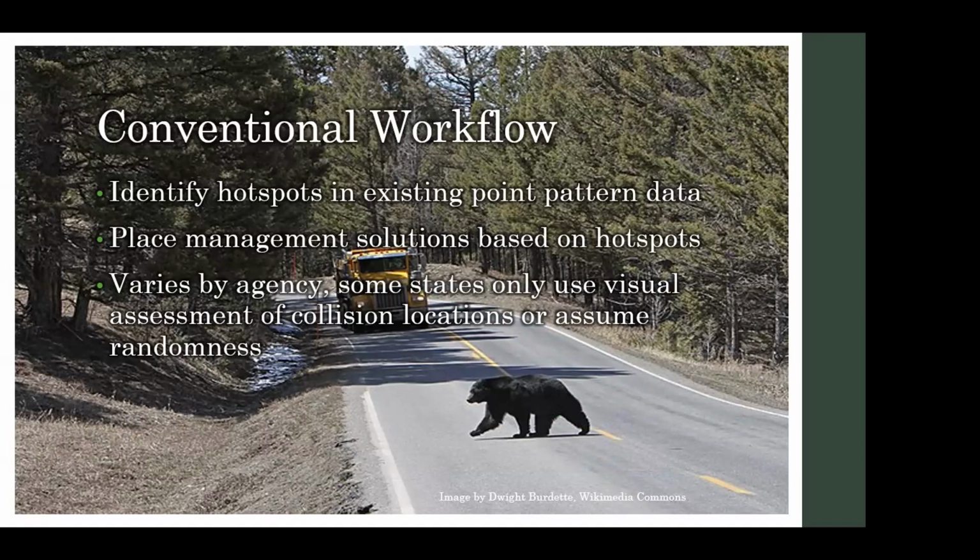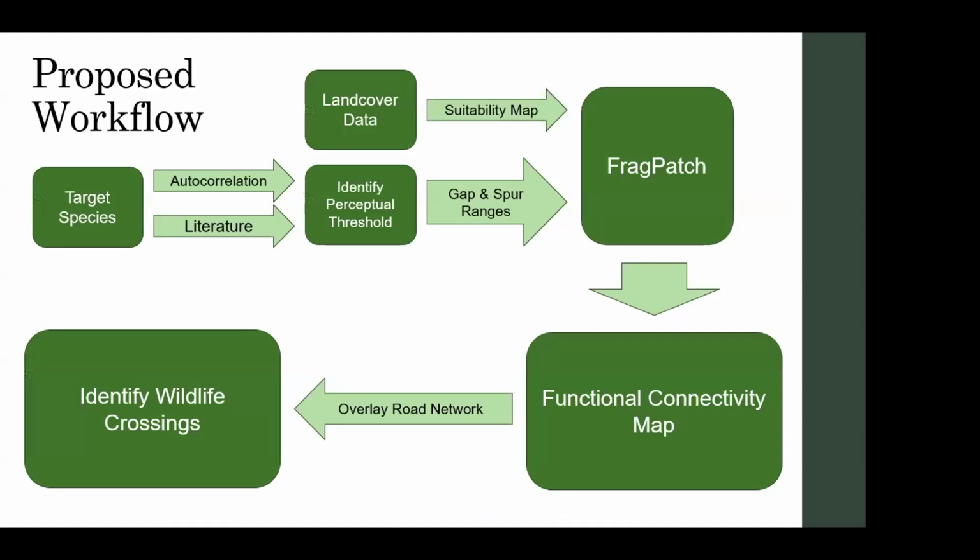In some cases, visual assessment of collision locations or assumption of randomness is used. Our proposed workflow is, when you have identified your target species, use a combination of incremental spatial autocorrelation and literature to identify a perceptual threshold, or essentially a boundary of perceptual distance for the species, which you use to generate gap and spur ranges, a type of habitat measurement that we will get to,